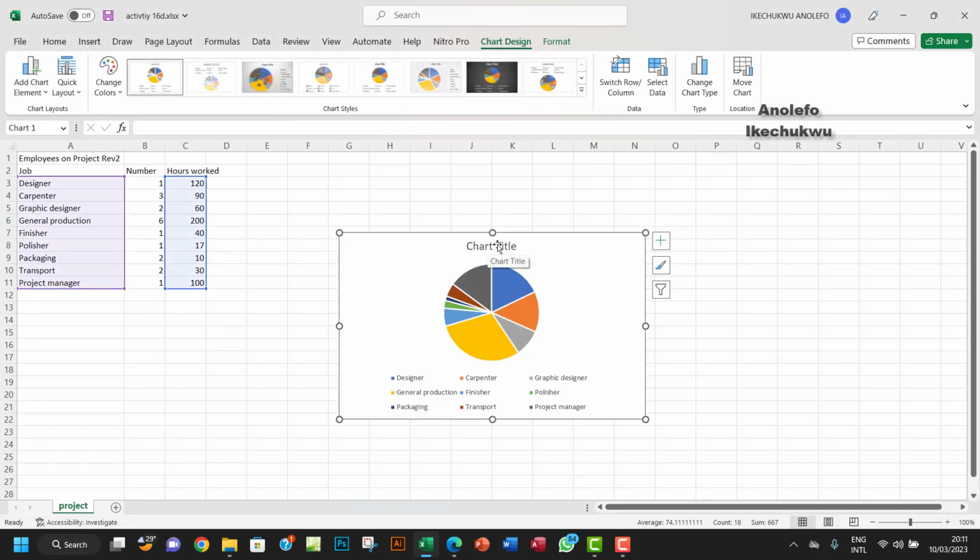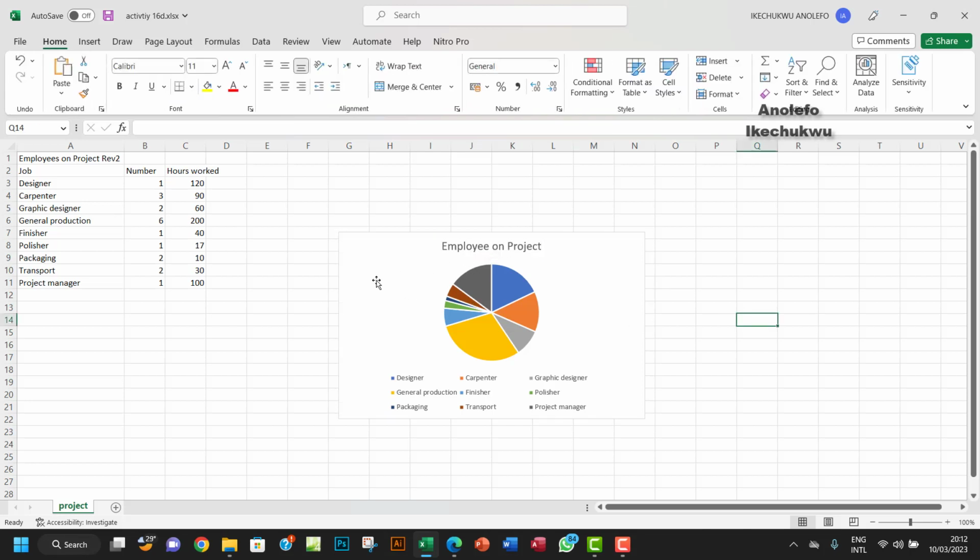So what would this chart be? I'll call this employee on project, something like that. So let me just delete that and call it employee on project. Okay, and then of course